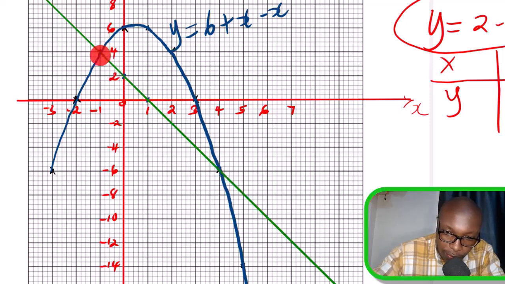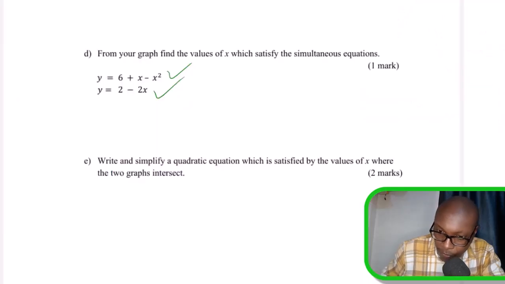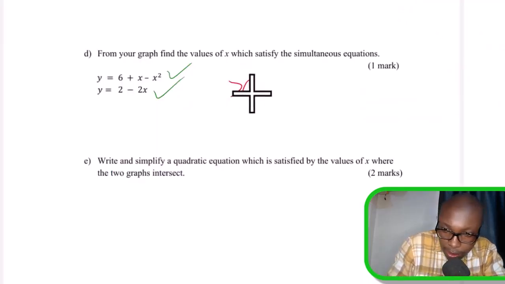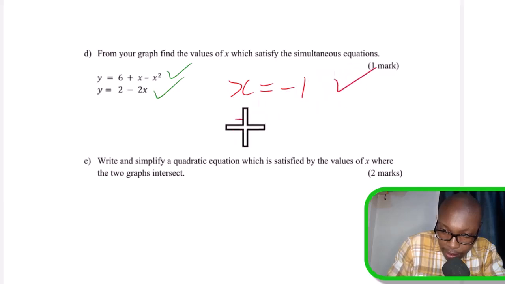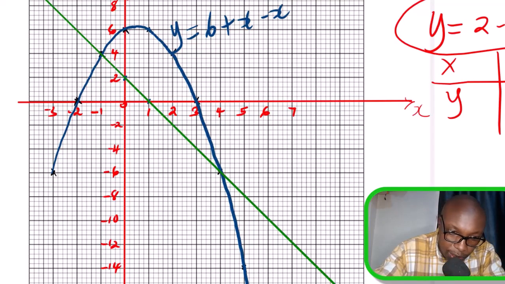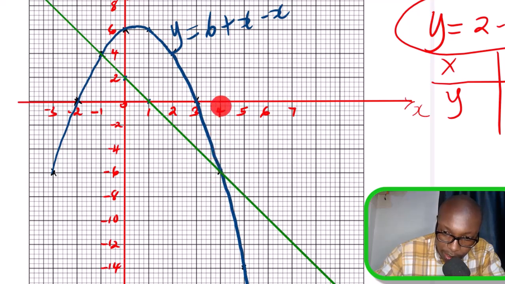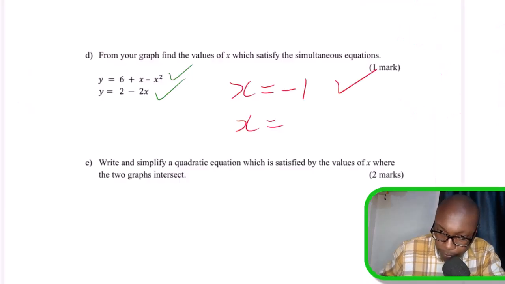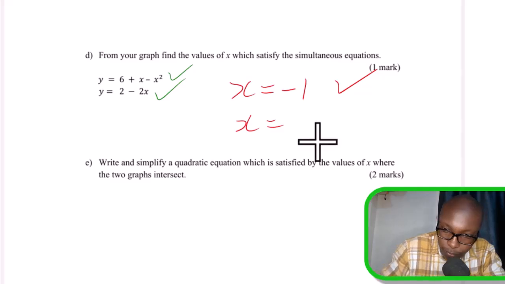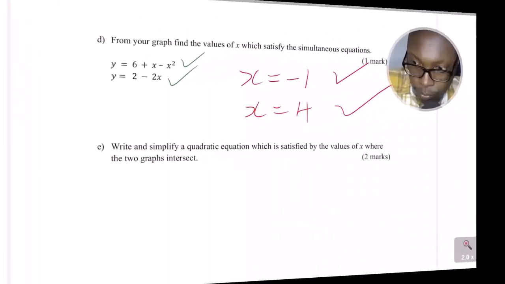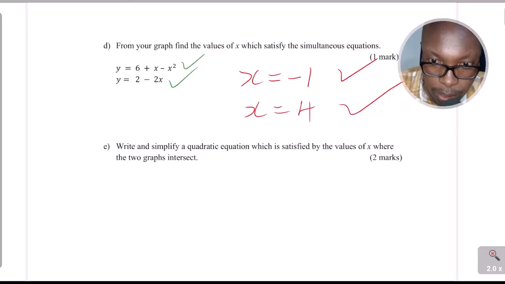The x-coordinate of this point, if you drop down there, will be -1. The x-coordinate of this point of intersection will be -1. So the first solution, x is -1. And then for the second one, check the other point of intersection. The other point of intersection is this. What is the x-coordinate of this point? The x-coordinate is 4. So you solve that. So part E, write and simplify a quadratic equation which is satisfied by the values of